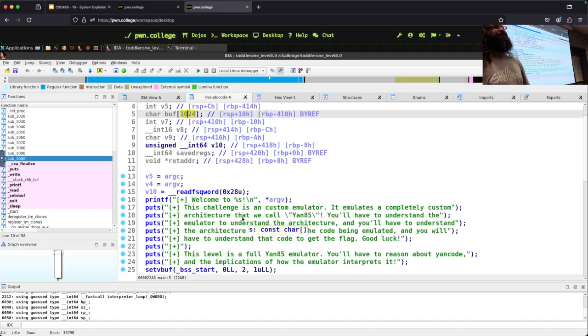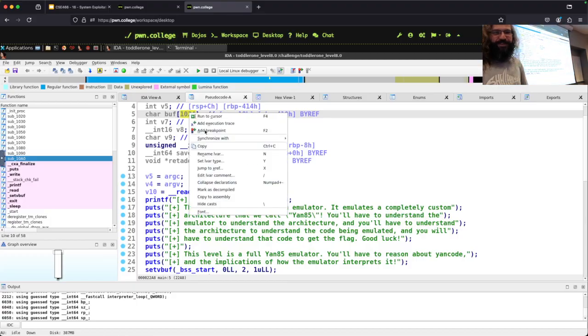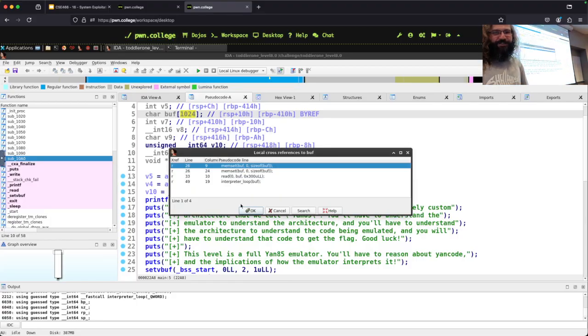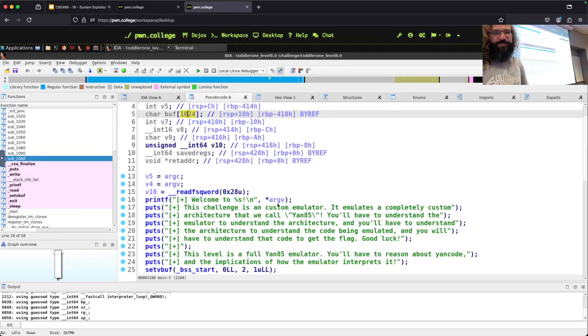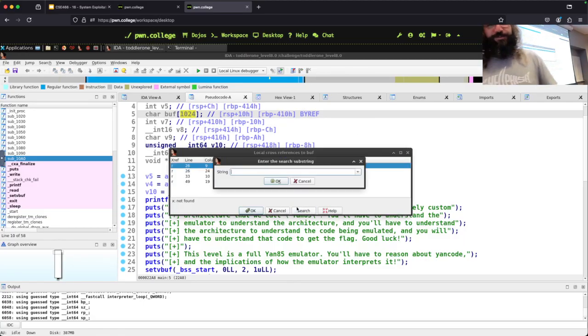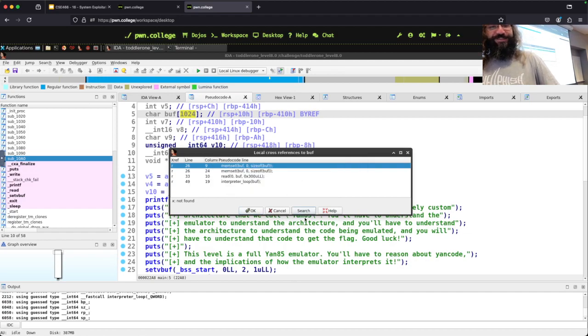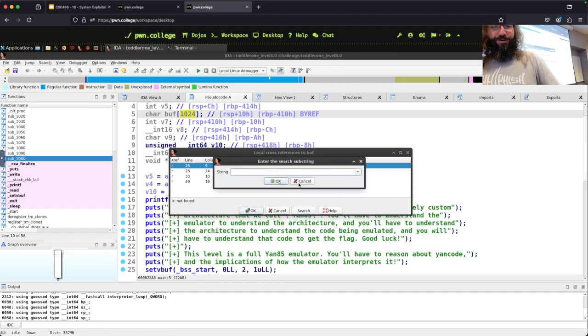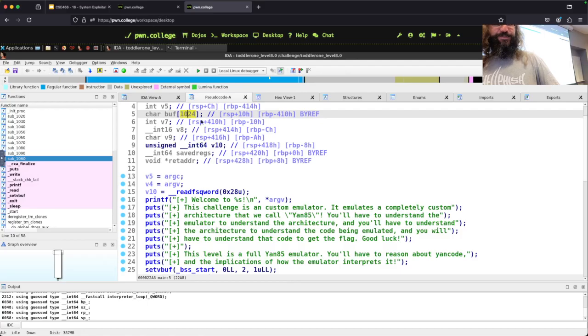How can I change it so I'm sure? This is buff. I need to make this hexadecimal. Don't I hit X? No, X is cross-reference. How do I make this hexadecimal? IDA... H? Capital H.